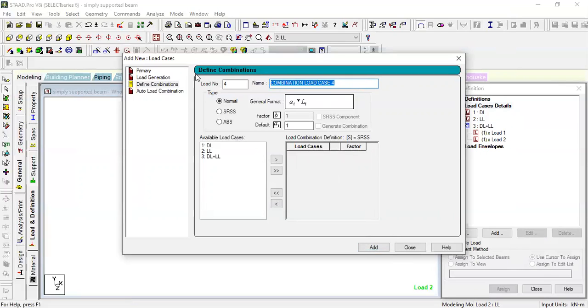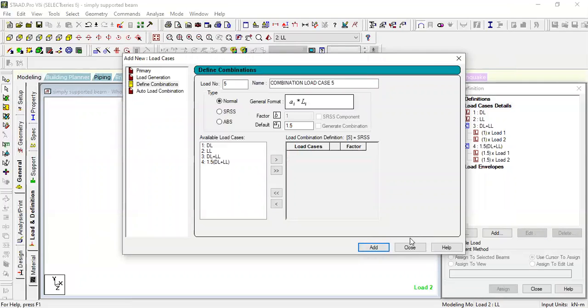Okay, one more load combination is there, which is 1.5 dead load plus live load. Now click on this one and type the factor as 1.5 and drag it to the right side, and click on this one and drag it to the right side, which is the selected loads.